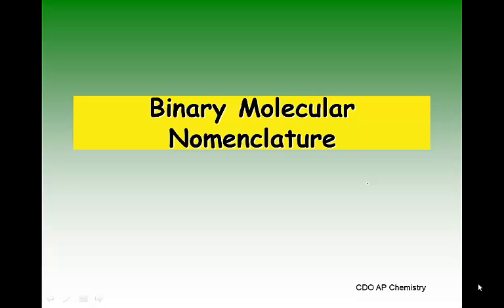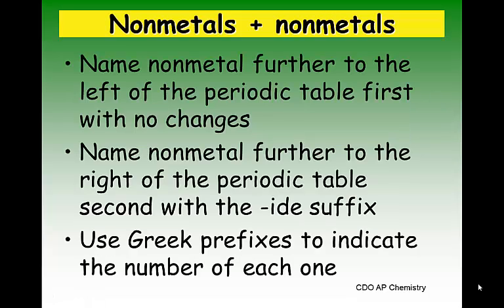Okay, we're going to be looking at compounds of nonmetals, and we're going to be looking at only binary molecular compounds, or binary molecular nomenclature, so those are going to be having only two elements. So when you name binary molecular compounds, which means you have two nonmetals bonded together, you name